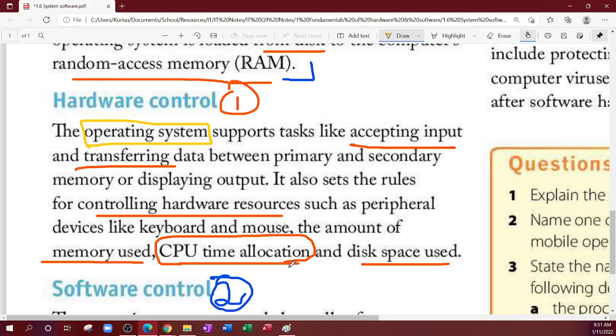So think of the operating system like, what? Like a police. That's basically saying that look, only the keyboard could use this software at this time. Only the mouse could use this software at this time. Or the operating system acting like the police is gonna say, for instance,